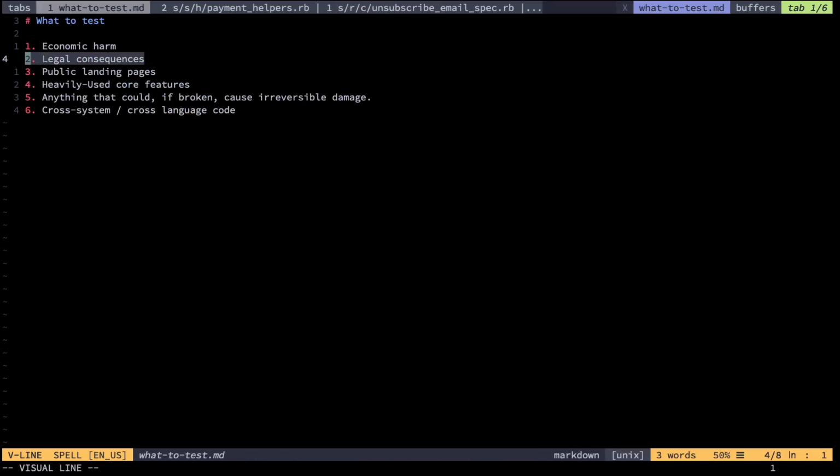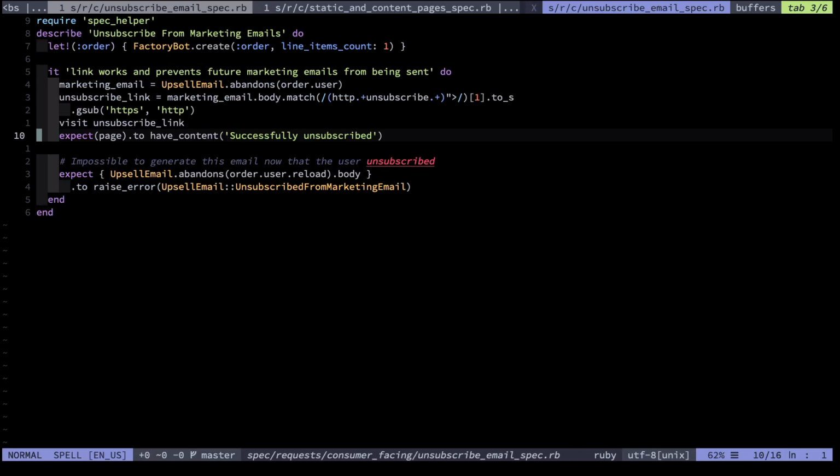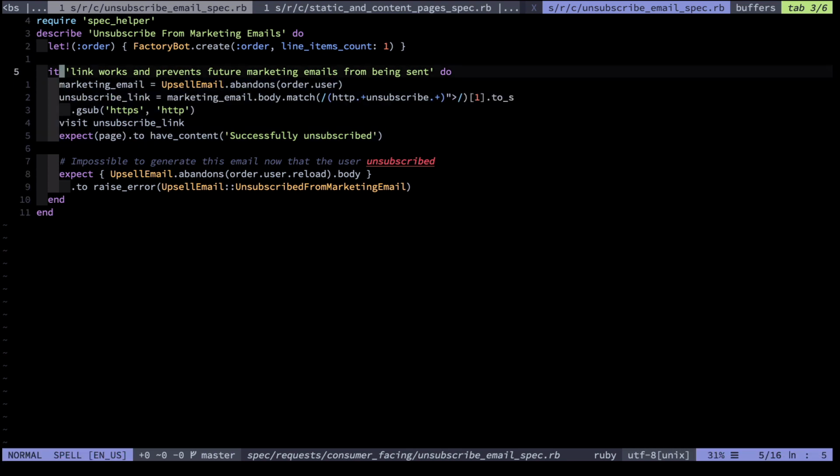The next thing that's very important to test is anything that could have legal consequences if you get wrong. In the case of most websites, you certainly want to be testing that your unsubscribe links work, lest you fall foul of the CAN-SPAM Act. If you're a software vendor, you're going to want to make sure that your uptime is whatever you've promised in your contracts. And if you're selling to consumers like I am, you're going to want to check that your VAT is calculated correctly, because you can do some serious jail time for mistakes in that department.